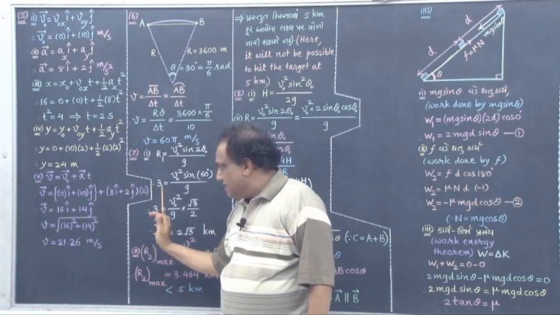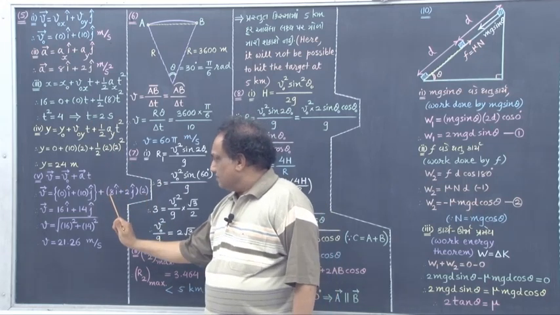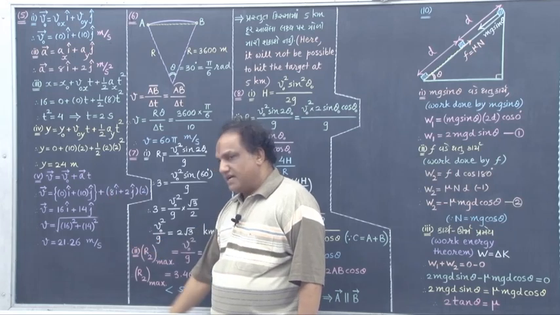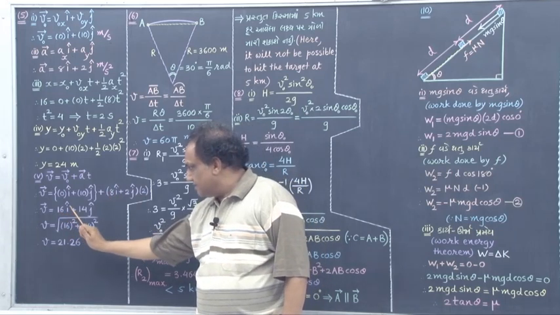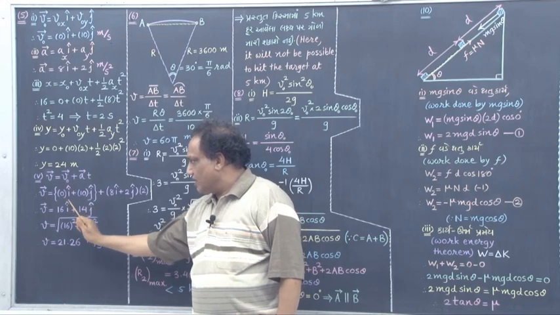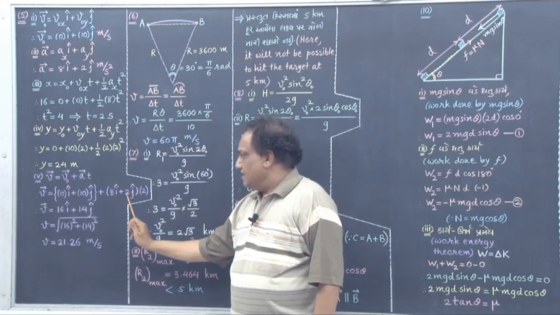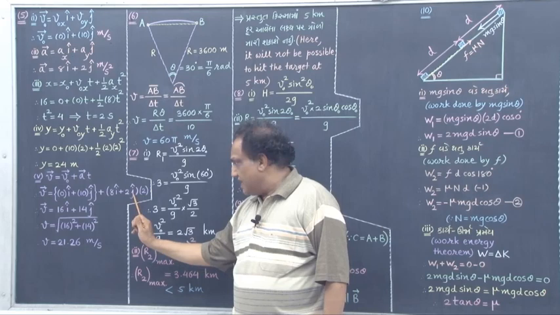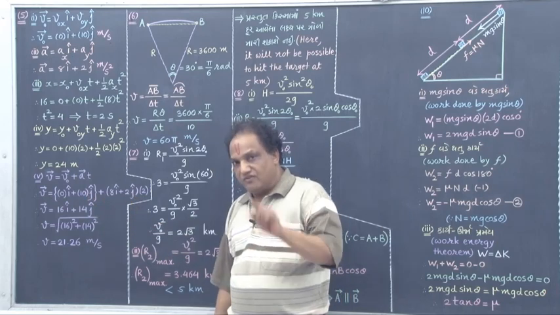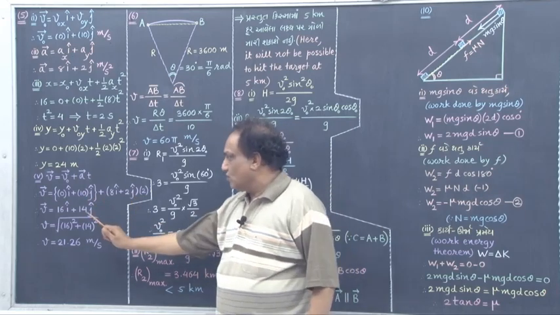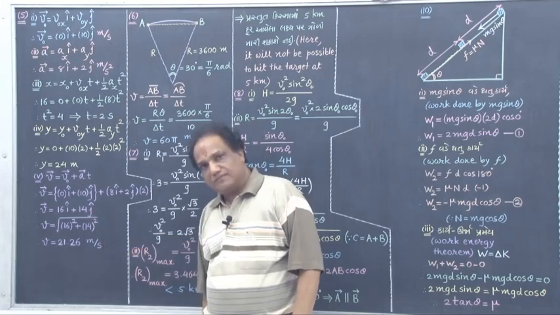Okay. Simplify. 8 2s are 16 i hat, because this is 0 vector. And here 2 2s are 4 j hat plus 10 j hat, altogether it is 14 j hat, correct.